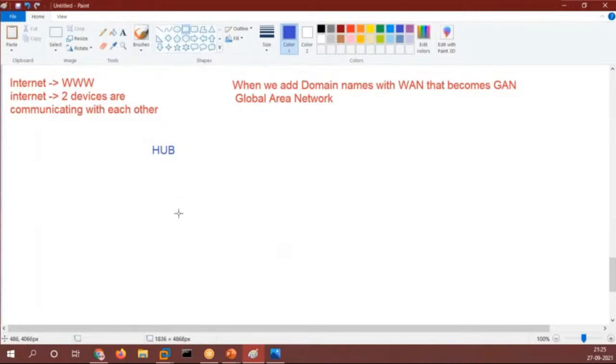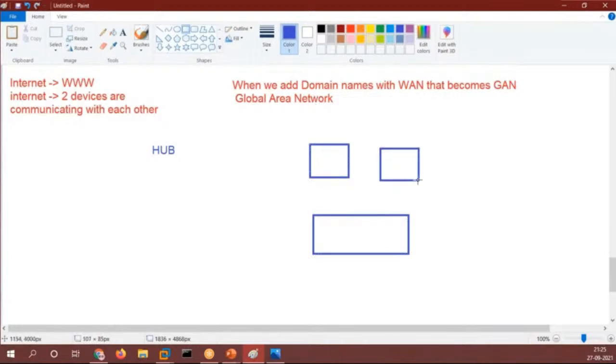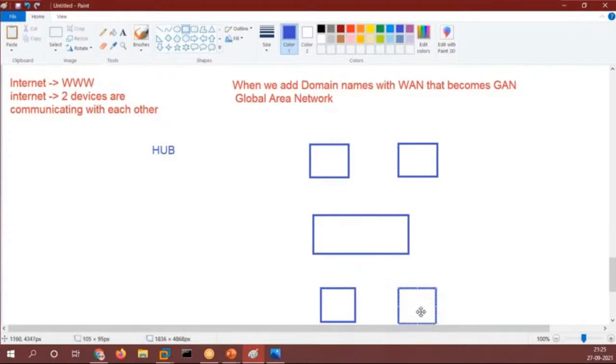So what if I have a hub over here, right? Now with this hub, let's expand it. Now I have these devices added. These are the devices that are connected to the hub.